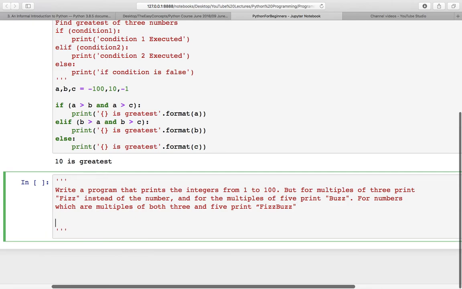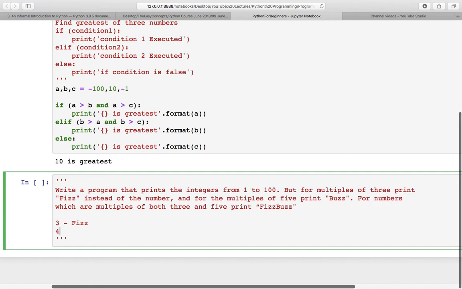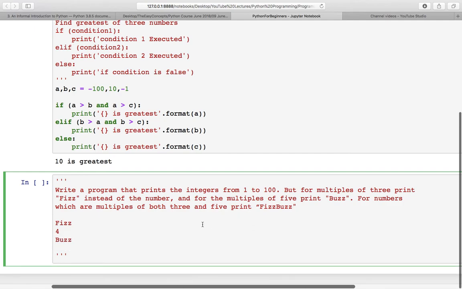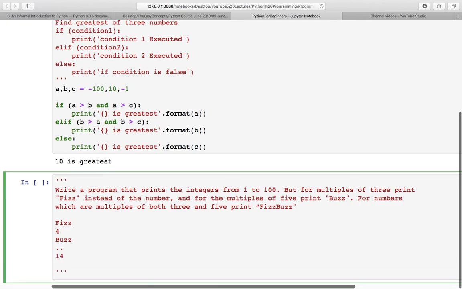You can understand it like this. If a number is 3, then you have to print fizz. If it is 4, then we are printing nothing. So in place of 3 you have to print only fizz. Then we have 5, and in place of 5 we have to print buzz, and so on, right? Where the fizz buzz will come, let us suppose you have printed multiple numbers and then you have 14. In place of 15 you have to print fizz buzz, right?